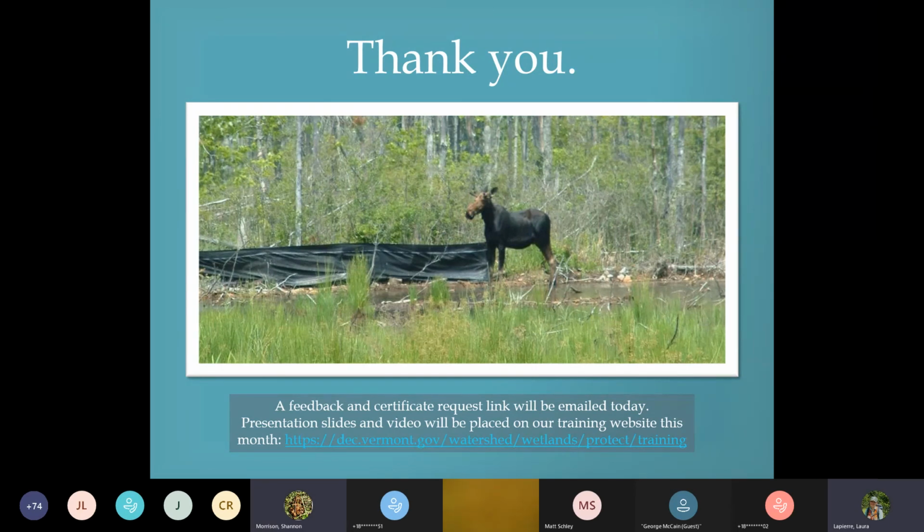Great question, George. It applies for either. Our rules are fairly general. The wetland rules are for any activities occurring in Vermont. So that means that anything that isn't explicitly called out as an allowed use, that's an activity in a wetland or buffer zone, may need a wetlands permit.